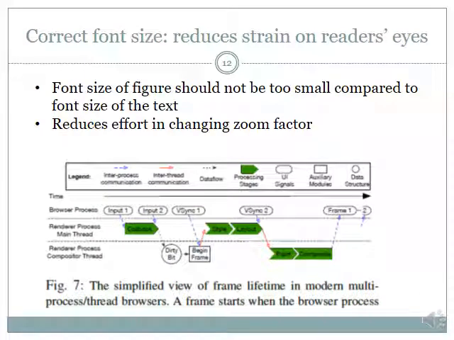Another very important point, and most people make this mistake: just to save space, they reduce the font size of the figure too much, so that the font in the figure is not even visible. For example, here the font in the text is reasonably good, but the font in the figure is too small, and if I were to zoom in, then this text goes outside my window, right? If I want to zoom in and see the font in the figure, then the text goes outside my window.